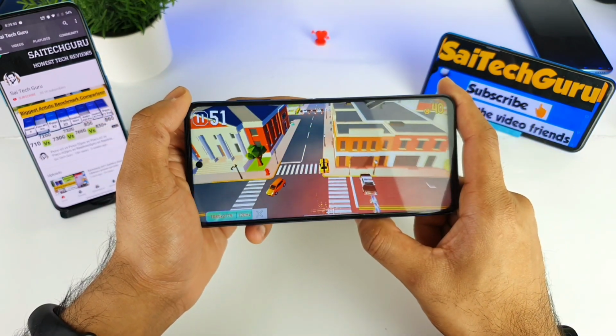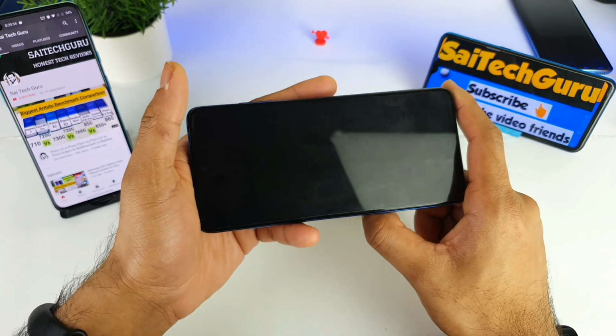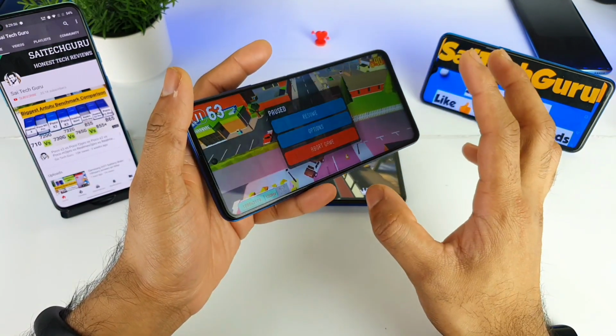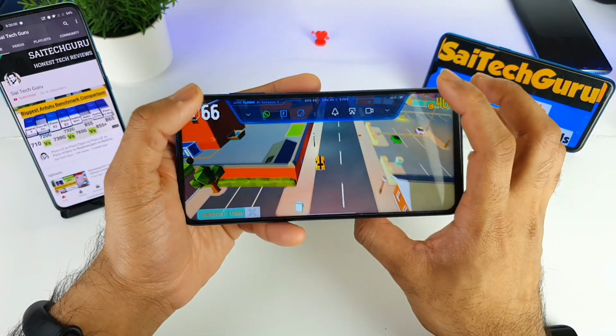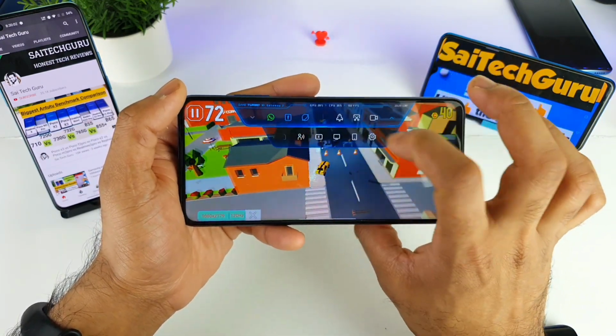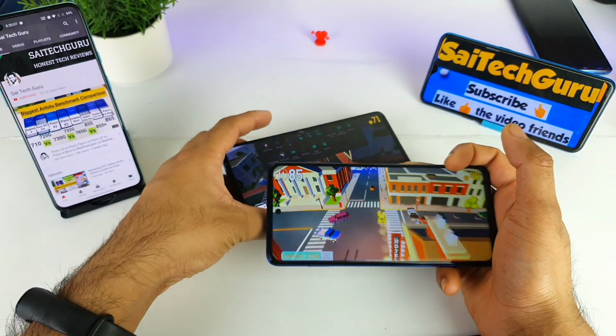In some scenarios, if you want your phone screen off, then every time you press the power button, the game will get paused as well. As you can see, the game got paused. So that's why I mostly prefer that you use this kind of option from the top, as you can see. So these are the quick settings and the comparison between both of the smartphones.